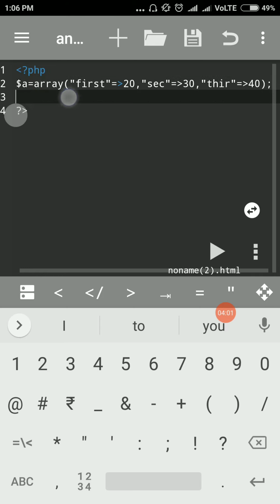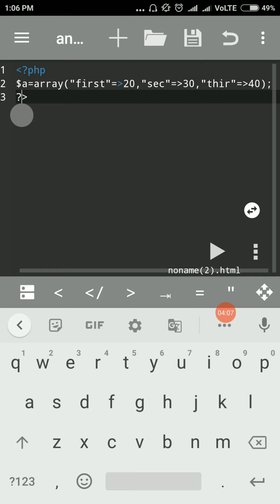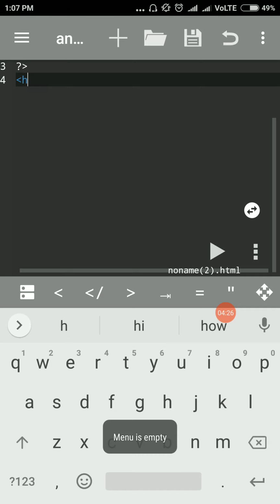So I want to show the output in HTML. Okay, so how do we show this one? That is the point. So what we do for this, we take the HTML5 template as usual.